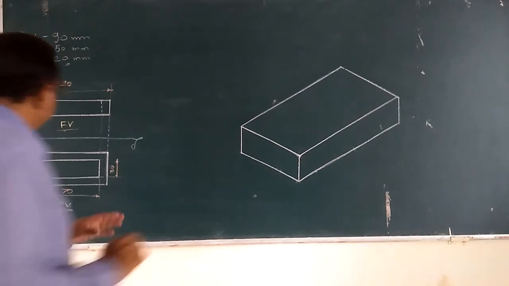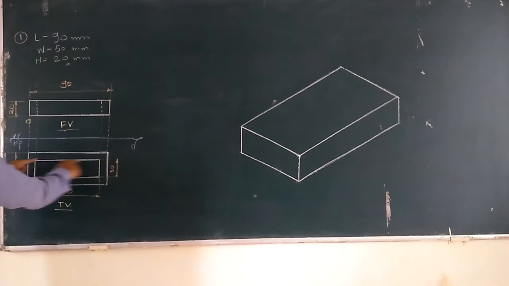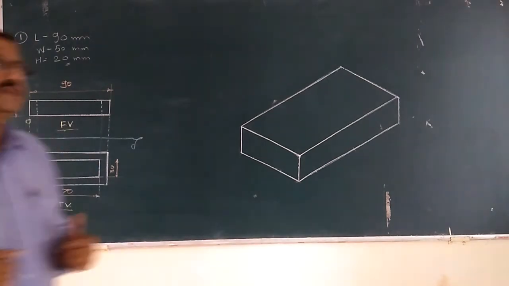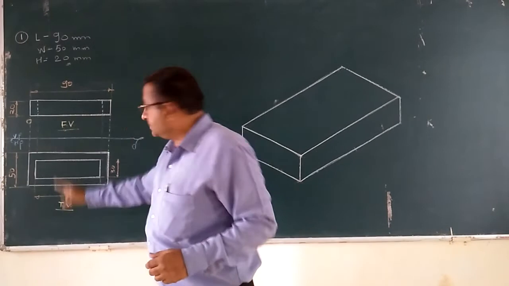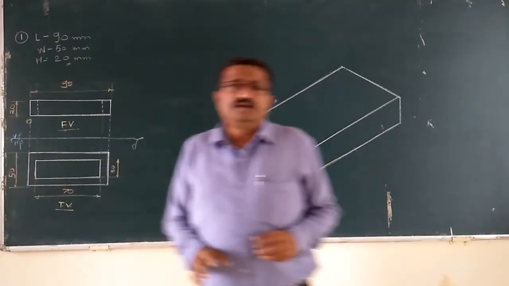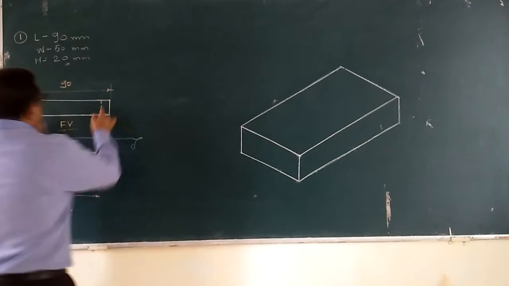At a glance, which is visible, that we have shown. But just see here. In front view, dashed and thick lines are shown here. In top view, a certain rectangle is drawn here. What does it mean? What is the interpretation of those two dotted lines, or dashed and thick lines, and this rectangle? This is nothing but these dashed and thick lines.